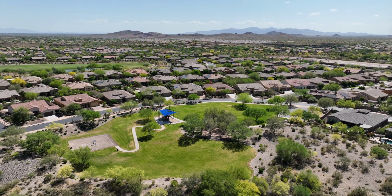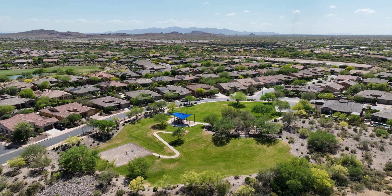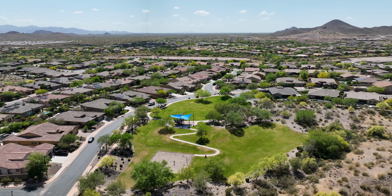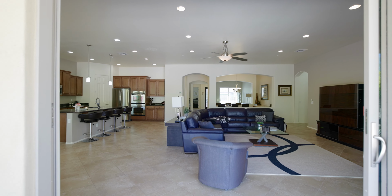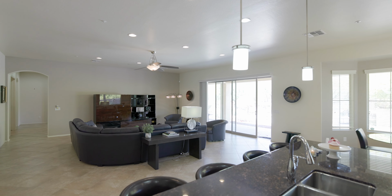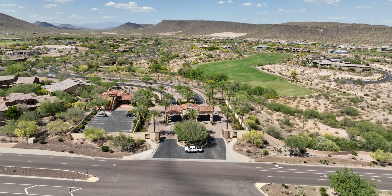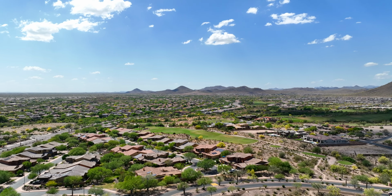Enjoy the neighborhood park, including a half basketball court, playground, recreational lawn, shade ramadas, and a natural multi-use path that runs along the main roadway corridor, offering resident interaction and outdoor recreation. This home is truly a one-of-a-kind luxury property, offering privacy, comfort, and style in one of the most sought-after communities in the Vistancia area, which is also close to hiking and trails, many parks and recreation, the 303, restaurants, shopping,